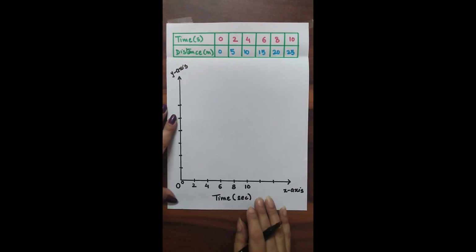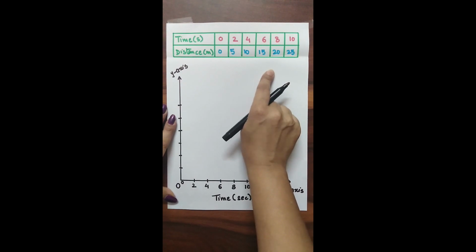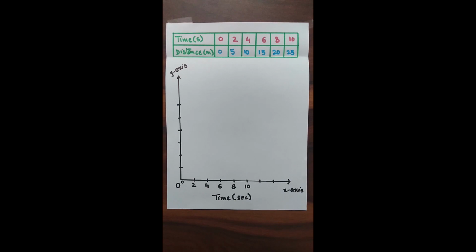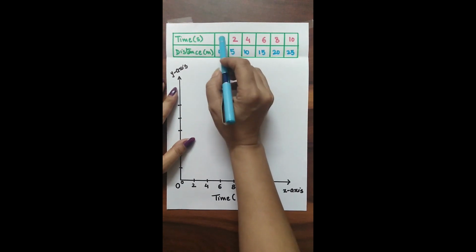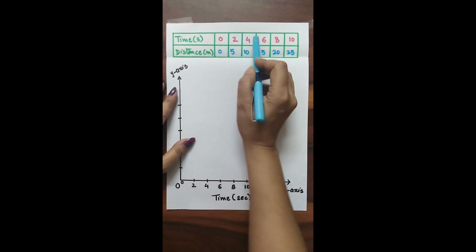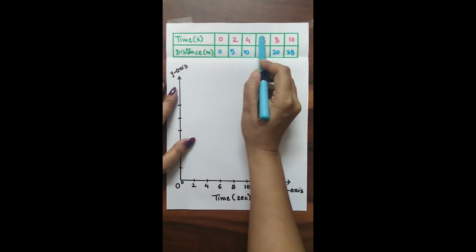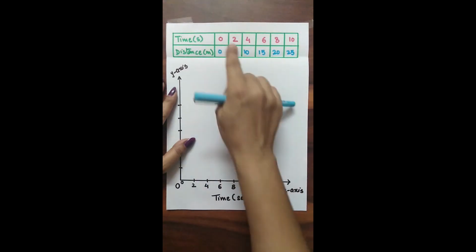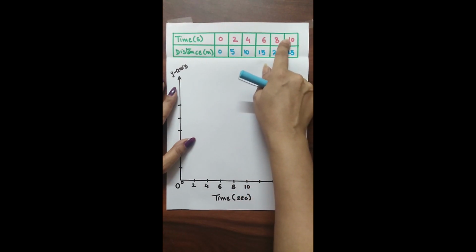Now we need to check whether the object for which the data has been given is showing uniform motion or non-uniform motion. So for that you need to do little calculations, but that too in your mind. For example, you need to calculate the interval between each. So if you just try to calculate the interval between each of these timings, you will find 2 seconds, 2 seconds, 2 seconds, 2 seconds and 2 seconds.